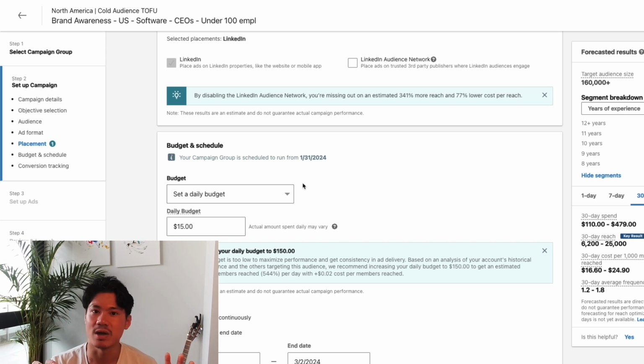Generally speaking though, if you're not willing to even spend more than $1,000 a month at the very, very low end, you probably won't have enough data to be able to make any sort of meaningful movement with your ads. So I would say if you don't have that level of budget, maybe don't do LinkedIn ads quite yet.